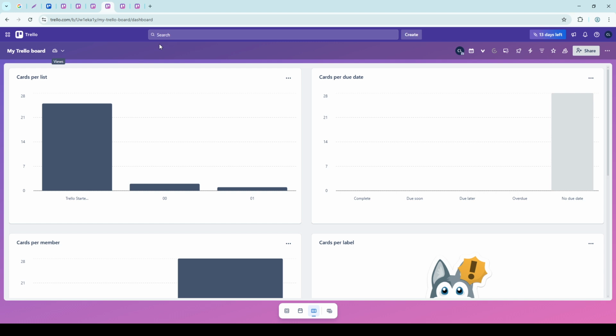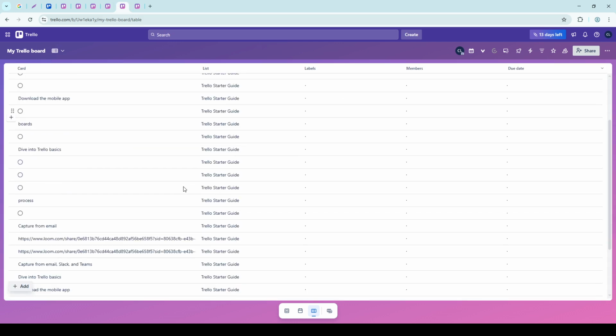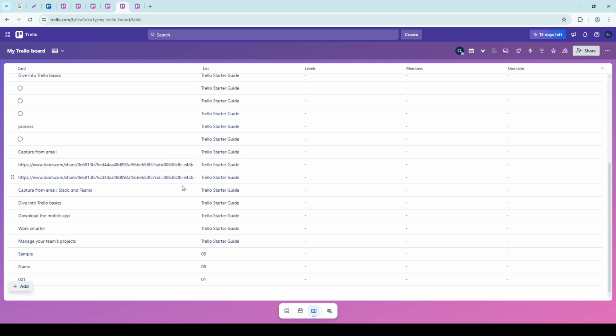Lastly, we have the Table view, which organizes your cards in a spreadsheet-like table format. This view allows for easy filtering, sorting, and editing of card data. The table view is particularly beneficial for those who prefer a more structured, tabular approach to managing data. Like the timeline view, it's available to premium and enterprise users and can be accessed via the view switcher by choosing Table. By utilizing these versatile views in Trello, you can optimize how you manage and visualize your projects, making